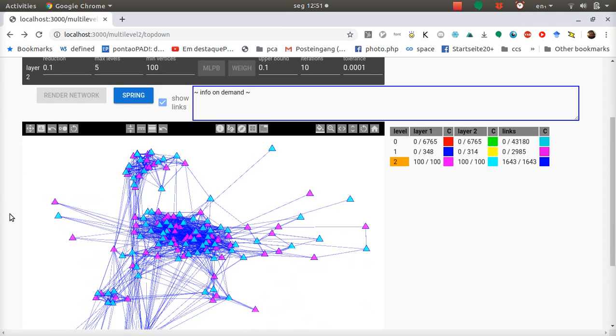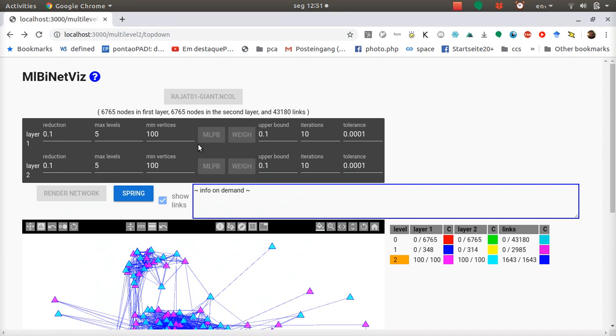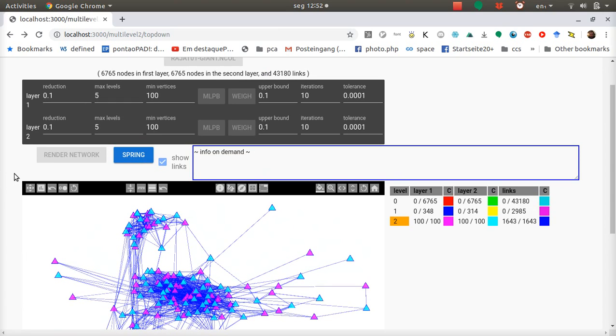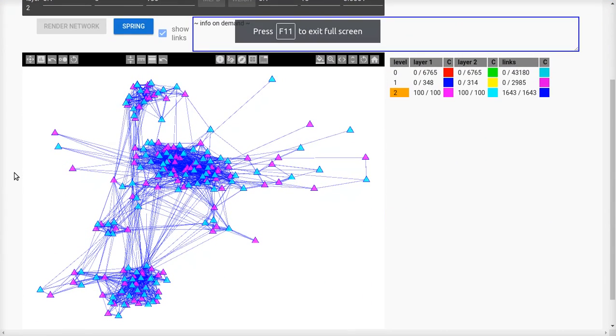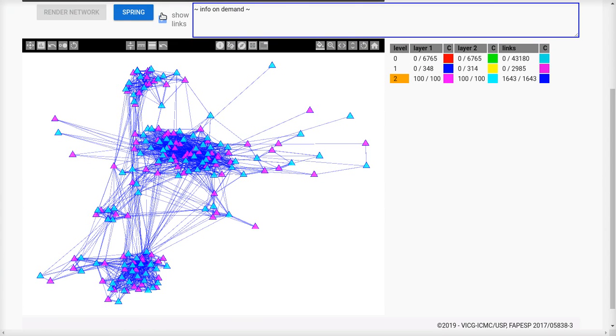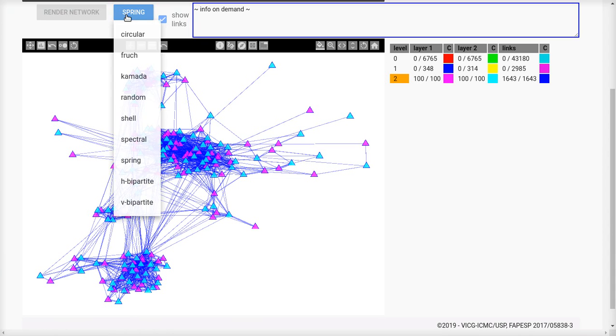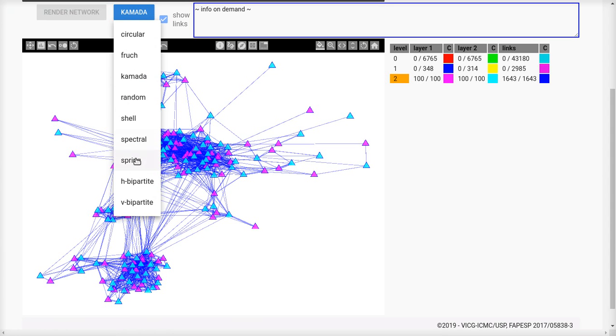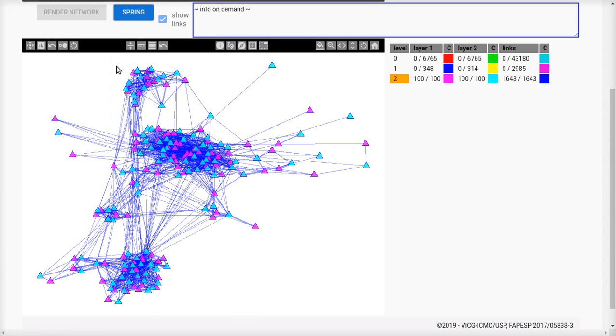It renders the network on the canvas and makes these other widgets disabled. They're kept shown for you to keep track of what's going on, what were your choices to achieve this result. But from now on, the visualization is centered around these elements. You may change the layout again. It won't change what's already on the screen, but it will change what will be shown when you ask the interface to show the